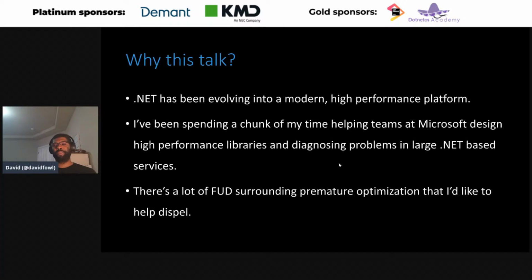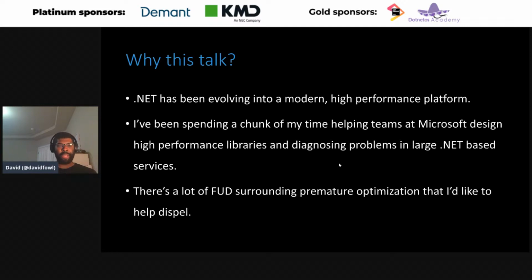But essentially, we want to help people understand that .NET isn't what it used to be, and there's this thing that I've been calling modern .NET. So we want to help re-educate people that knew .NET from the elder years, and to rethink how they write scalable .NET applications. I spend a lot of my time helping people diagnose problems, helping people design libraries for high performance, because it really has to be not just .NET itself, but the entire ecosystem of libraries that are using .NET. They have to rethink how they think about the entire model.